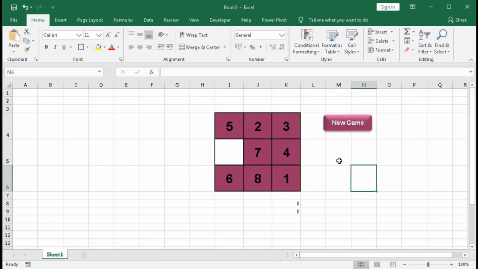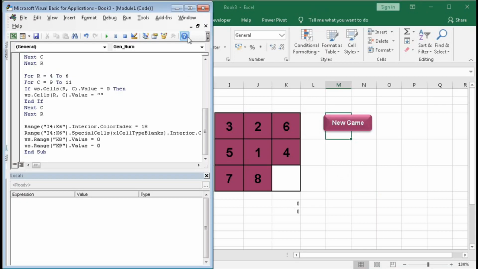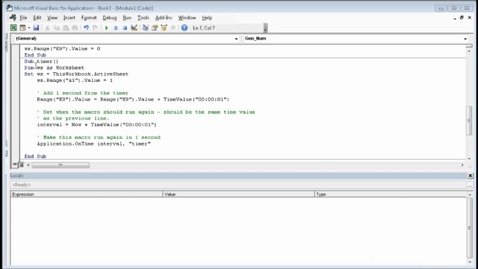Okay, now click here, you can see the numbers are shuffling. Now we will create a timer and stop timer code. So again, let's go to Visual Basic and at the end, we will paste the code. So this is the timer code.